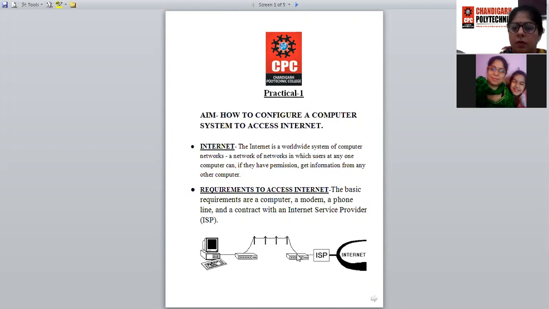Okay. Now, second requirement, the device which is shown over here. That device is known as a modem. Modem is the combination of two terms, modulator plus demodulator. This device should be attached to our computer system when we have to configure it for internet connection. Sorry, this device is a conversion device, to provide internet connectivity.